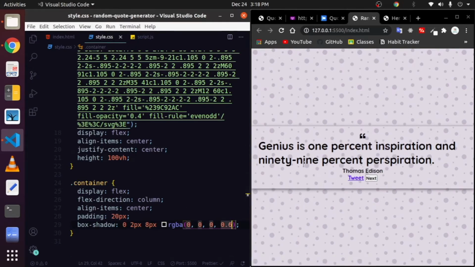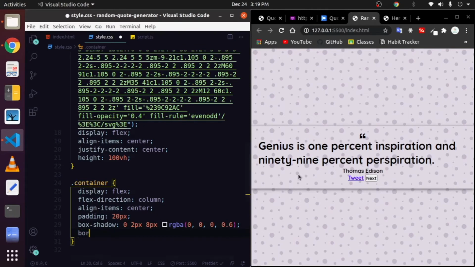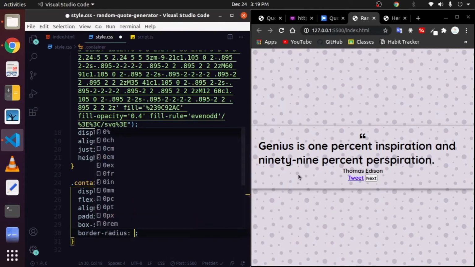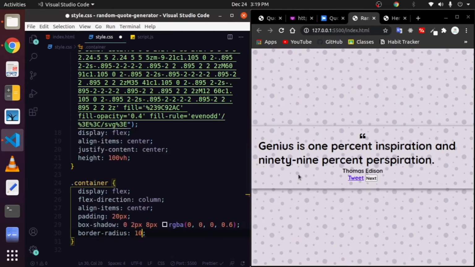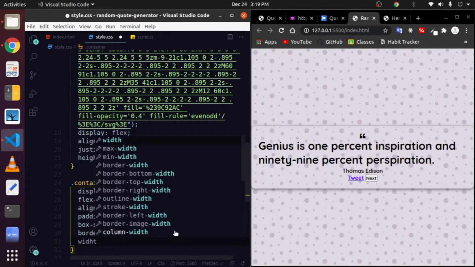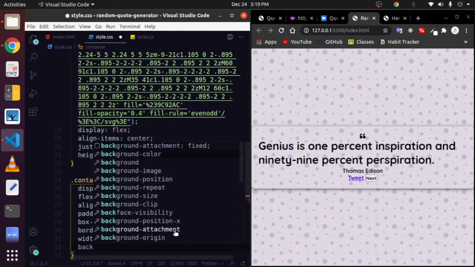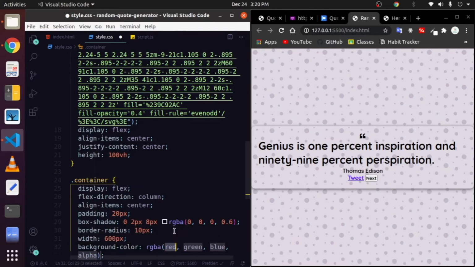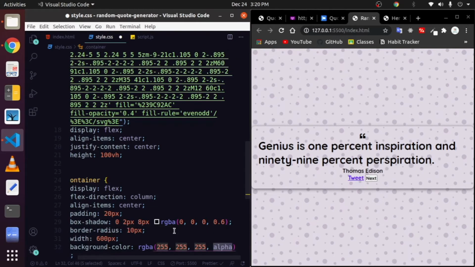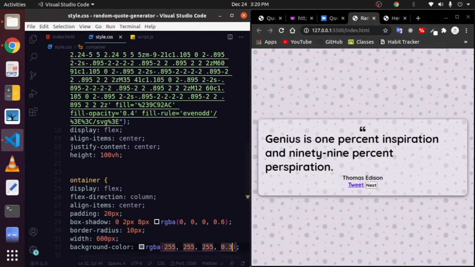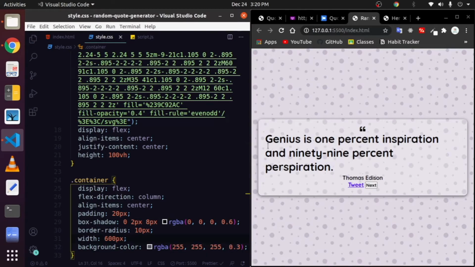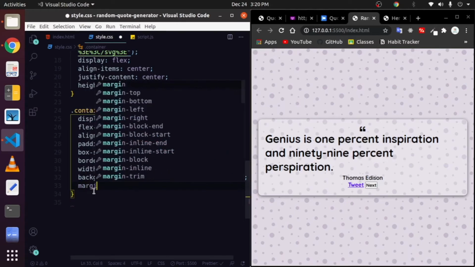As you can see, now our box shadow property is applied. Now add the border radius property to make rounded corners and give it a value of 10 pixels. As you can see, now our corners are rounded. After that, give this container a width of 600 pixels and give it a background color of RGBA 255, 255, 255 and 0.3. As you can see, now our background color is applied and our container is now a width of 600 pixels. And after that, give it a margin of 10 pixels